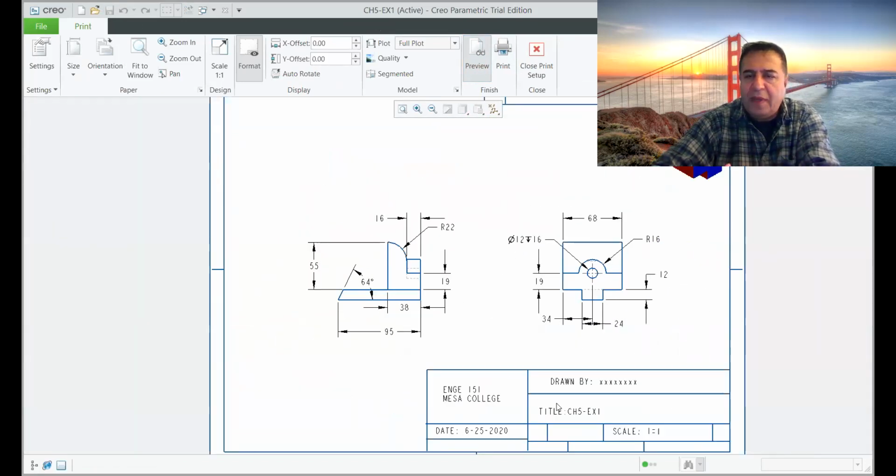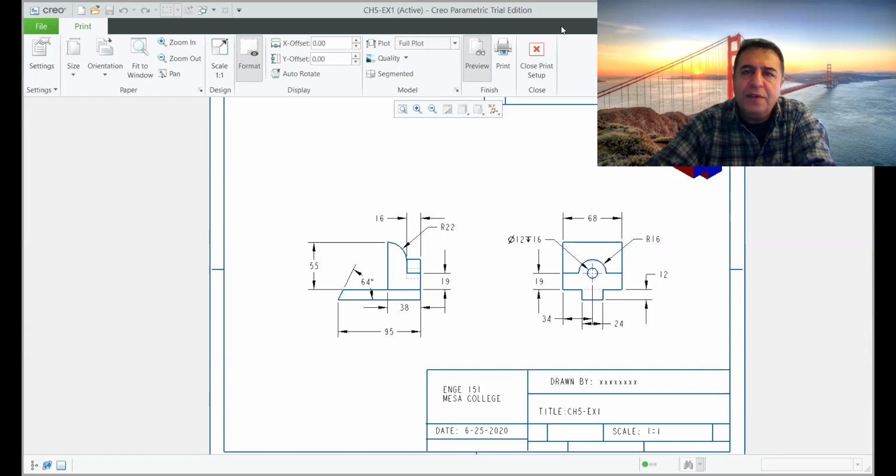And there we go. And you have the title block. People look at your print. They say this is professional. It looks really fantastic. No mistakes. And we are ready to make this part, okay? All right, so whether they want to do it manually, make the parts, or they can program it, convert this Creo to a CNC machine. You have to learn how to operate the CNC and you can make this part, okay? All right, so